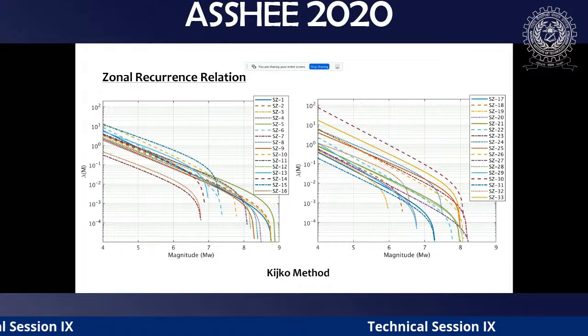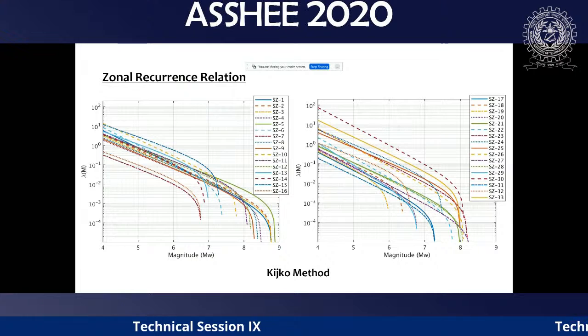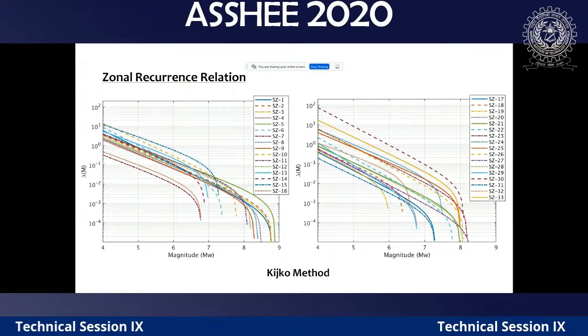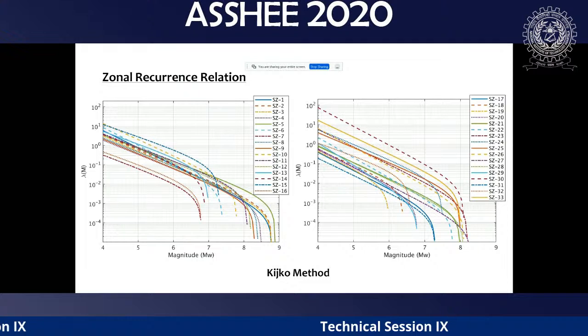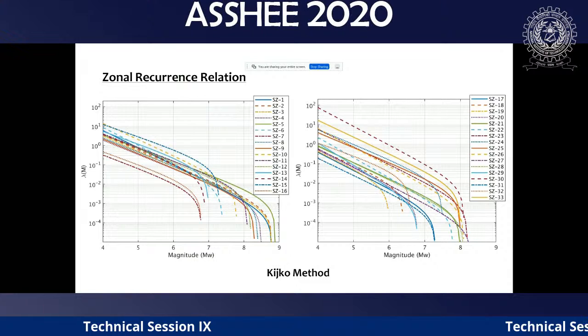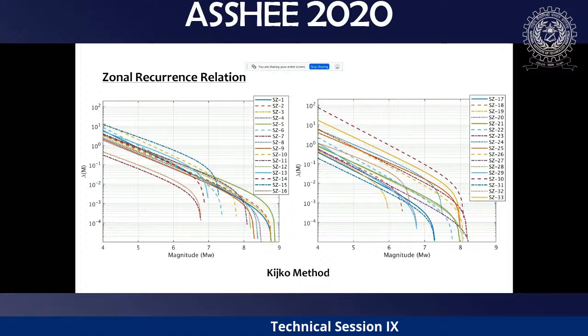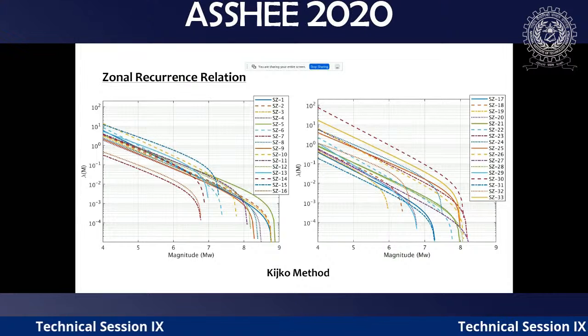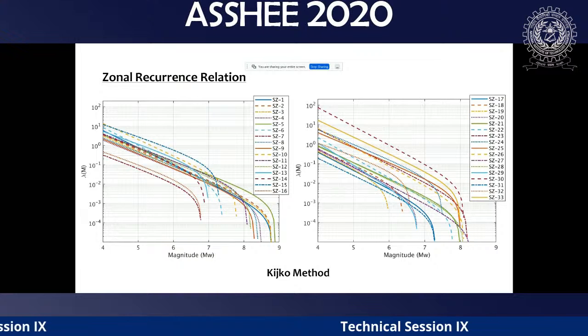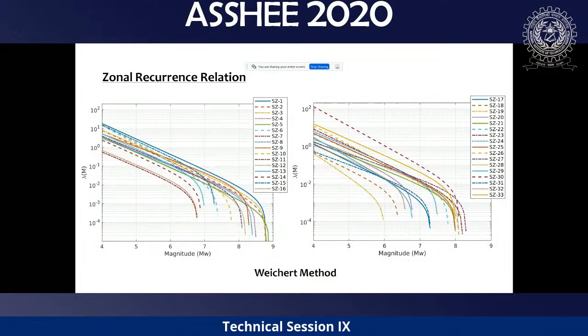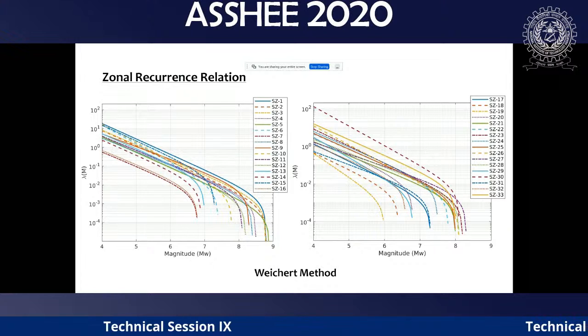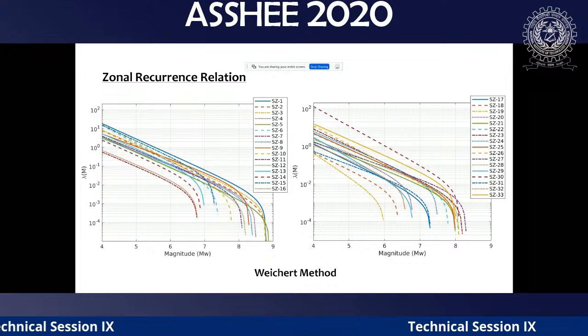But as I already mentioned, Mmax is a very, very tricky thing. To estimate Mmax there are several procedures, because it is an extrapolation in statistics. The committee also suggested that Mmax should not be more than Mmax observed plus 0.5. After doing all the studies, after discussion with NGRI, the Ministry of MoES and other scientists, the Mmax has been arrived at. Kijko's method is widely popular. Then there is one more, the Weichert method.